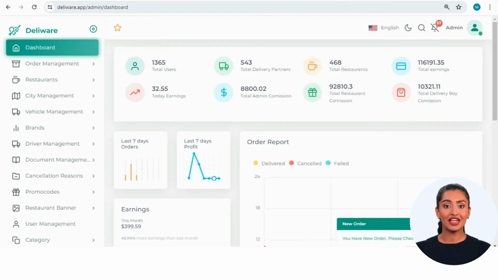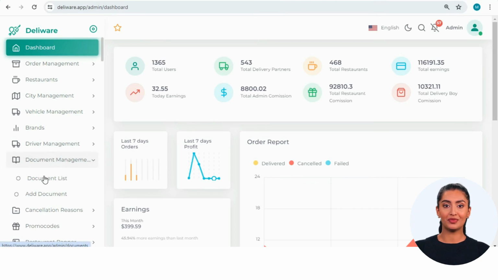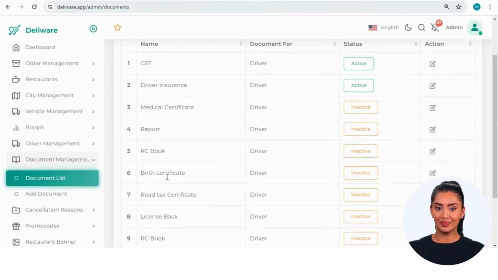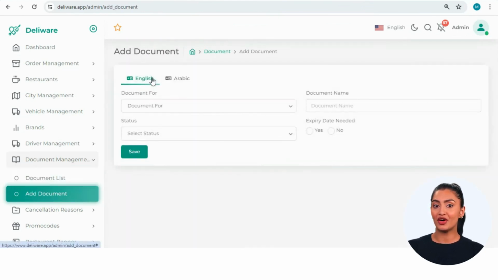Then you have to decide what are the documents that should be included in a document setting page. For that, click on the document management and click document list option. Here you can see all the list of documents that have been created previously. If you want to add any other document, which is not available in the existing document list, then select Add Document option.